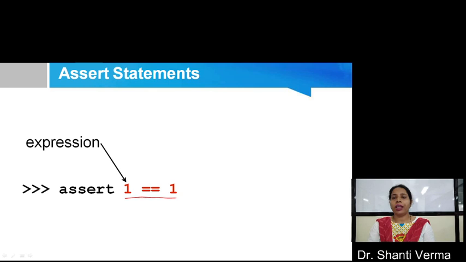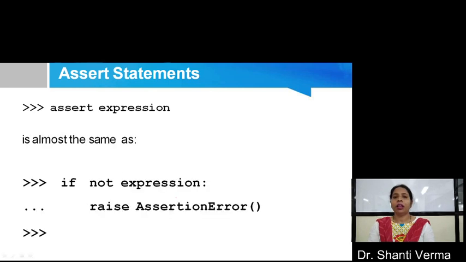You can write less than, greater than, or any type of expression in place of this. Basically, this assertion is almost the same as if not expression, then raise an assertion error. So if my expression is 1 equals 1, and 1 equals 1 is not true, then it